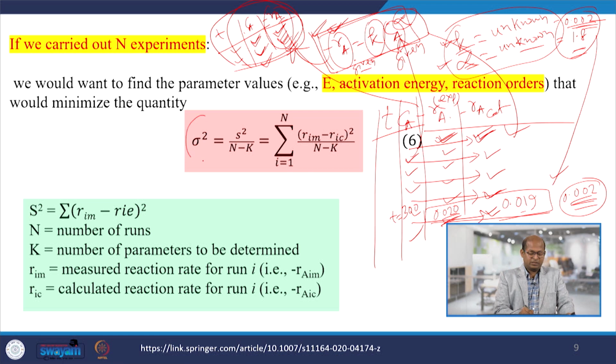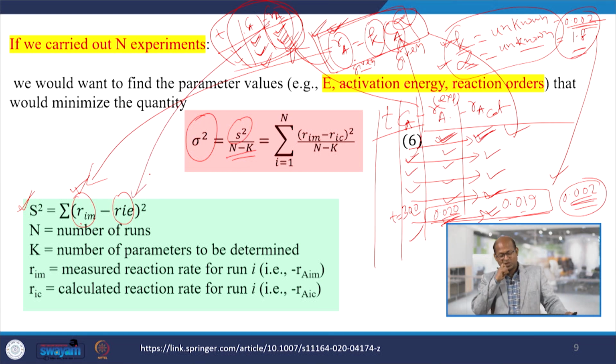So, here this is the sigma square. This quantity is sigma square by n minus k. The square is the sum of squares of the measured or experimental rate value, and the value calculated from these equations. So, the sum of these squares for all data points, this difference,